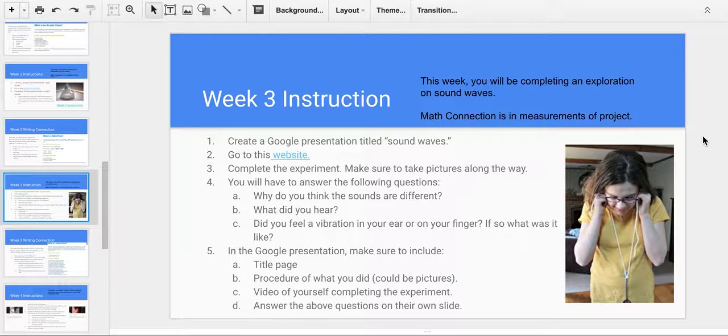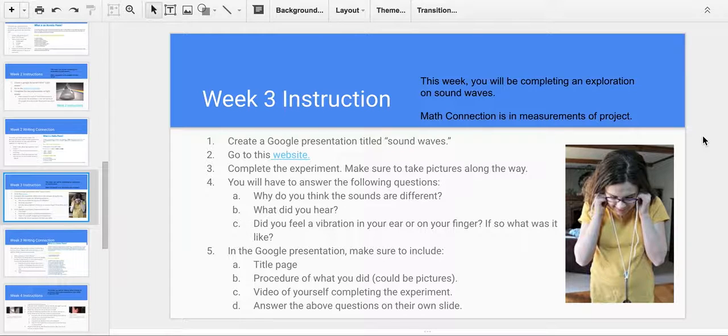Welcome back to your Week 3 unit on waves. The last couple of weeks we talked about what a wave looks like, the important parts of a wave, and then last week we looked specifically at light or transverse waves. This week you're going to look more specifically at sound waves, which are also called longitudinal waves, if we remember